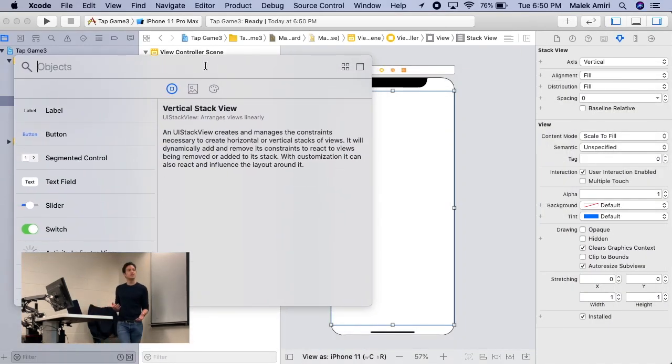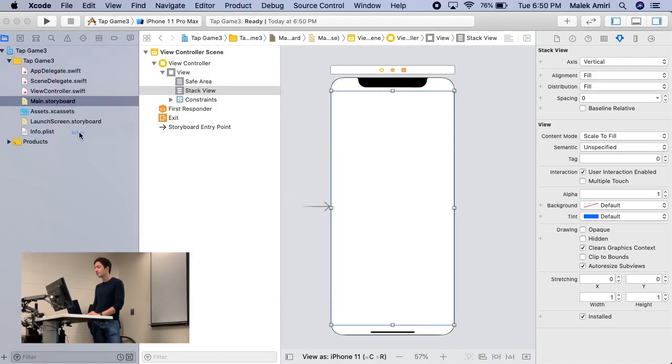So in case you didn't get it yet, a stack view allows you to stack multiple views. And in this case, we're stacking two buttons. And it's just a quick way to manage multiple views and like stacking them. So let's go ahead and add a button. So click again on that plus button in the top right and drag and drop a button inside the stack